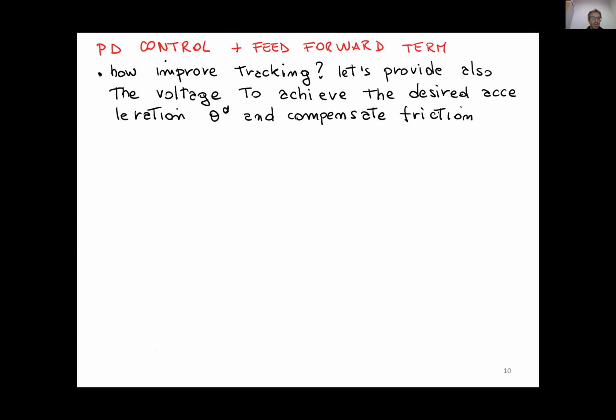So a term that we compute in a certain way, based on some model of our system, that will relieve the effort of the control action in tracking the reference. So what can we do, for example, as an idea? We can provide